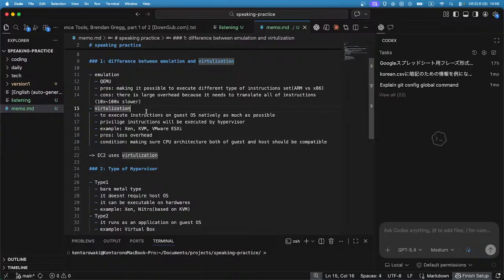I've used QEMU in order to run some kind of software on my Mac OS,